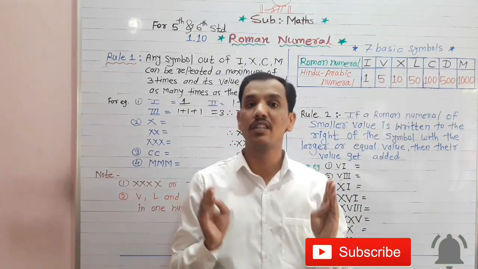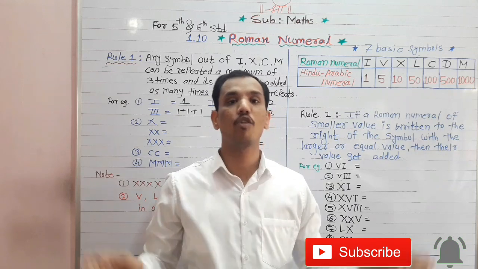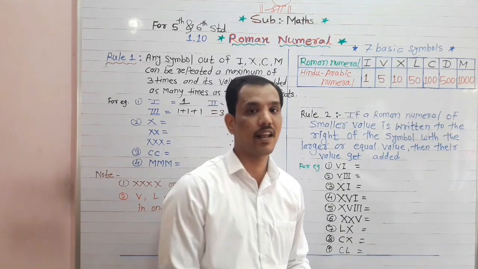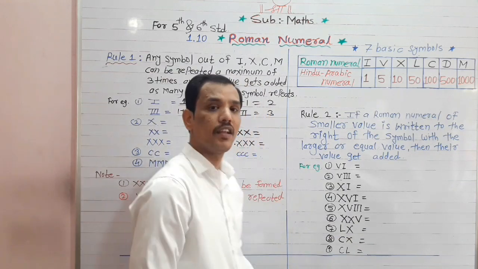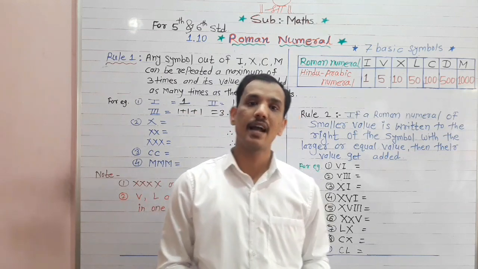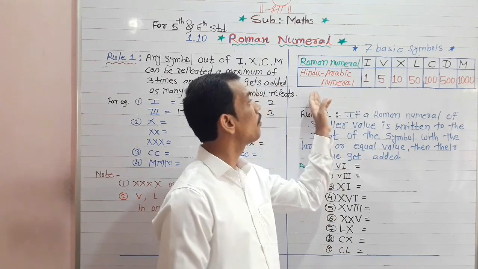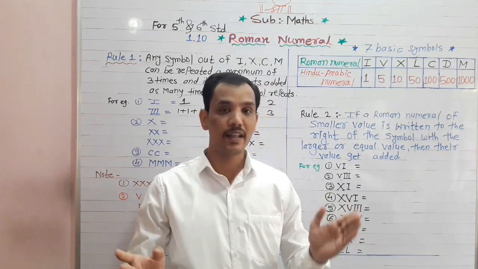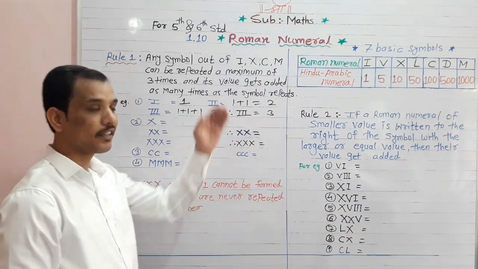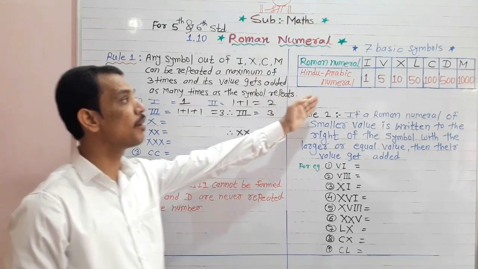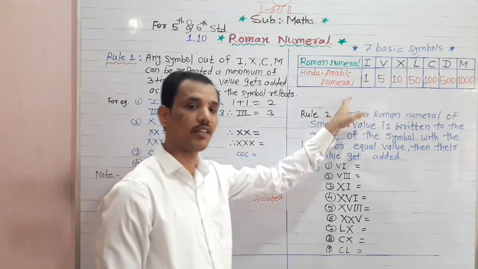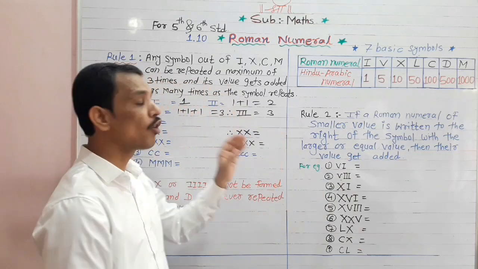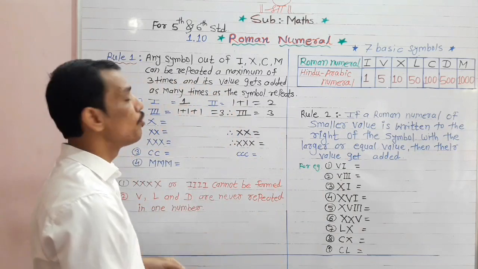With the help of these 7 basic symbols, the Roman people invented all Roman numbers and they were very helpful in their country. Near about 800 BC and 900 BC, these Roman numbers were used in the Europe continent. Basically they spread in all the Europe continent. So these are the Roman numerals, students. These are the 7 basic symbols. Please don't forget these symbols. Now we are learning step by step how the Roman numbers are invented and how we use them in practice.